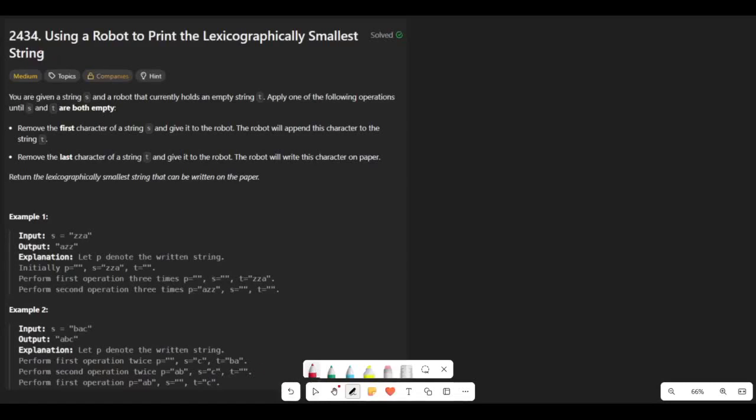Hello everyone, today we are going to solve the LeetCode question 2434, using a robot to print the lexicographically smallest string. The question says that we are given a string S and a robot that holds an empty string T. We can apply any of the following operations until S and T both are empty. The operations are: remove the first character of S and give it to the robot,